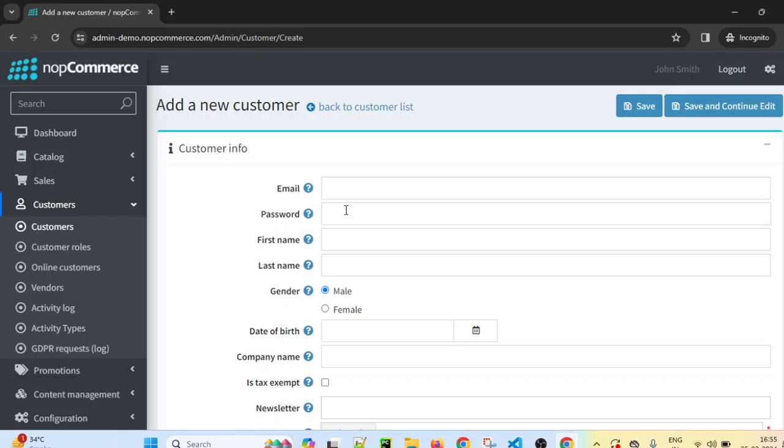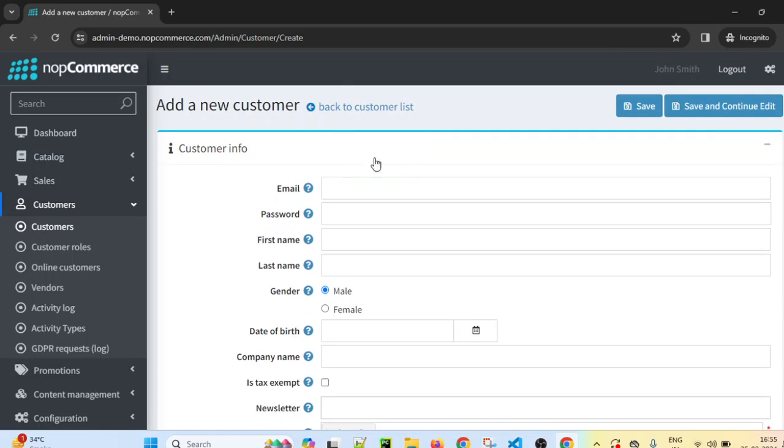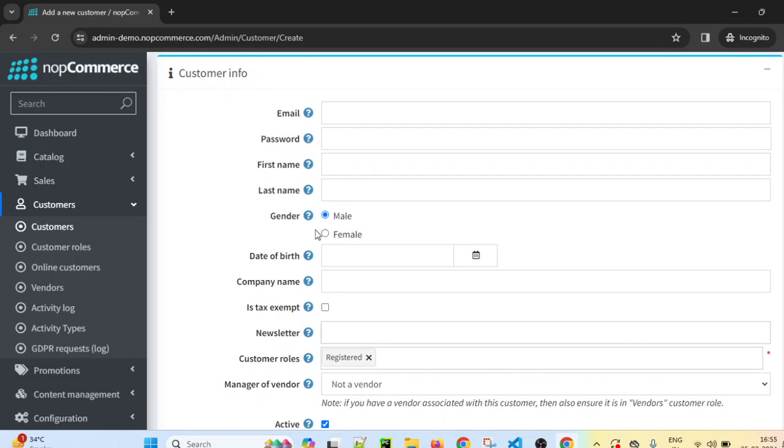In this test case, what are the different things we have to automate? First we have to create the page object of this add customer page. So first we will have to create the add customer base page. That base page will contain all the locators which we are going to interact with and all the methods which we will be using. For example, locators will contain this email input field, password input field, first name input field, and so on.